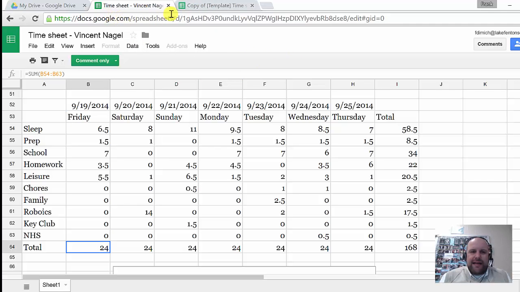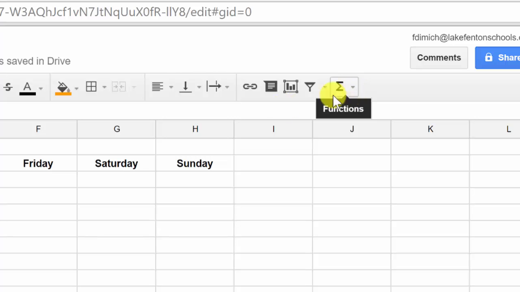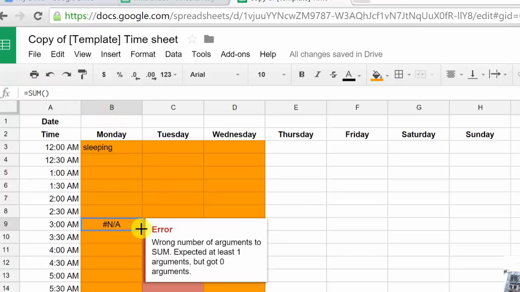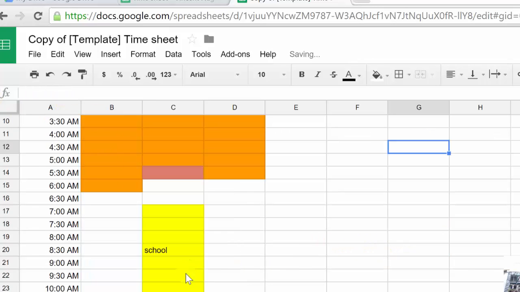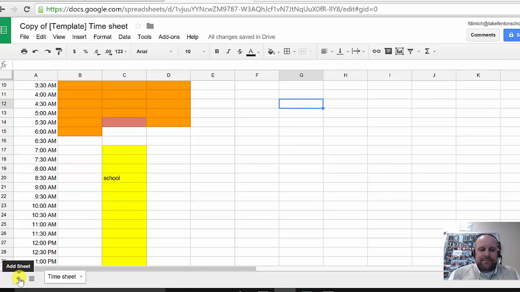Since I don't have editing rights to this, I can show you over here on this one. You can just put sum in over on the function tool, and the sum button will come up here. So therefore, you can do that if you'd like to, but you do not have to. You don't have to do it that way. You can just keep it color coded and then add it with the calculator. What you do have to do, however, to get to the meat of the matter, is you do have to